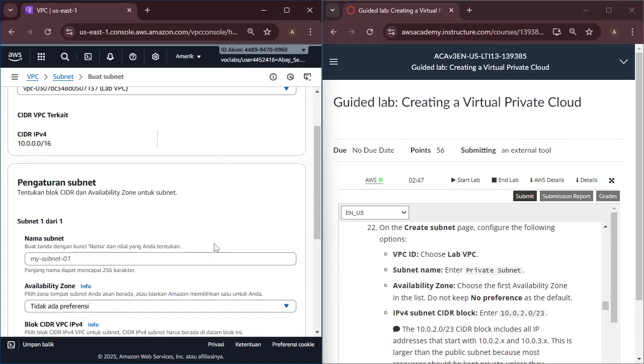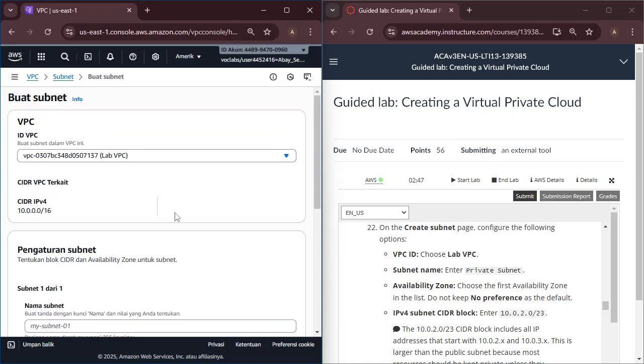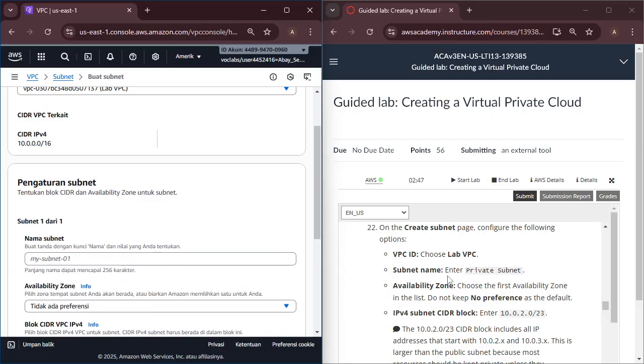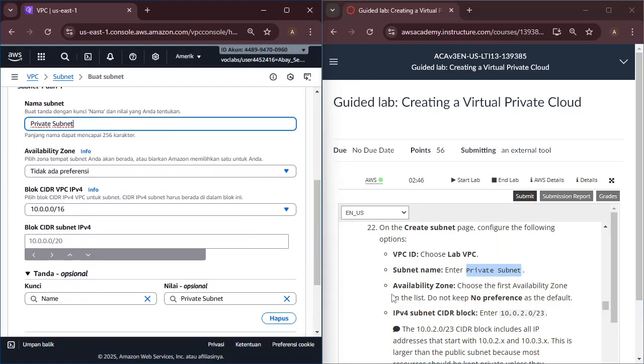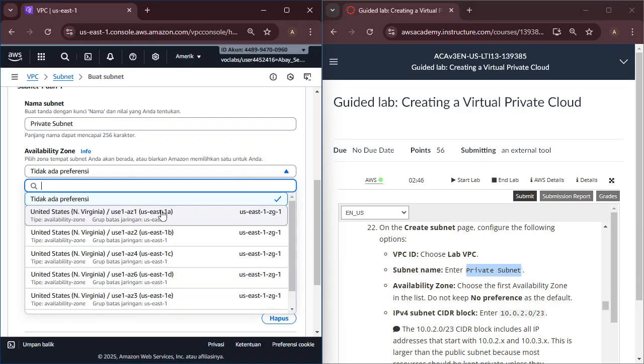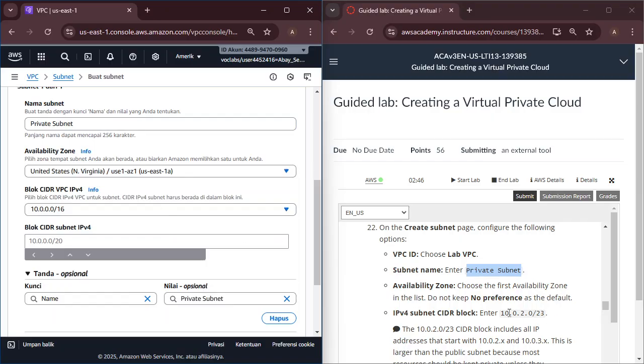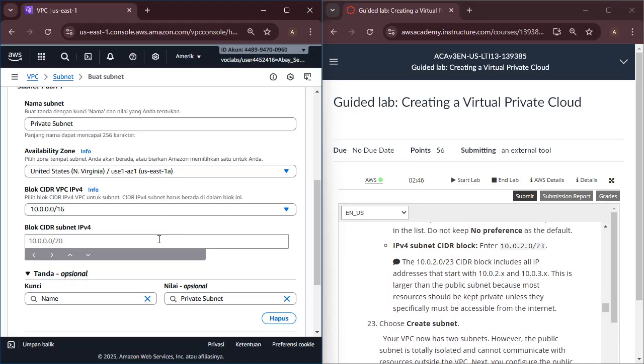After that, subnet name, Private Subnet. Copy and paste. Availability Zone, choose the first availability zone in the list. Okay, choose the first, and then the CIDR block.